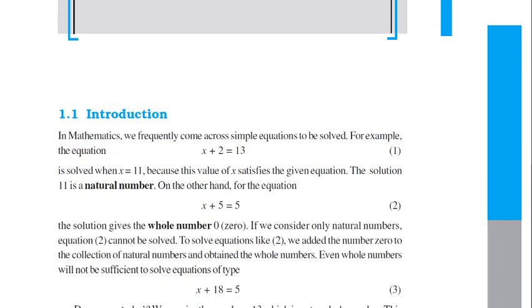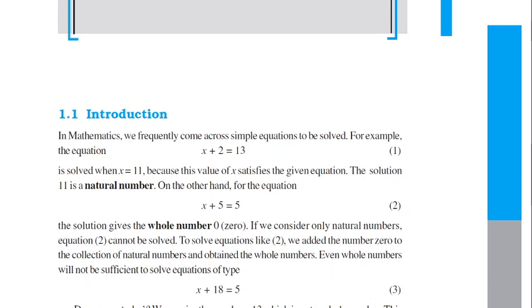So you have to remember some of the terms related to numbers. The first one is natural number. Remember this: a number starting from 1 and so on. 1, 2, 3, 4, 5, 6, 7, 8, 9. This group of positive integers is known as natural numbers. Remember, starting from 1. Another term is whole number.